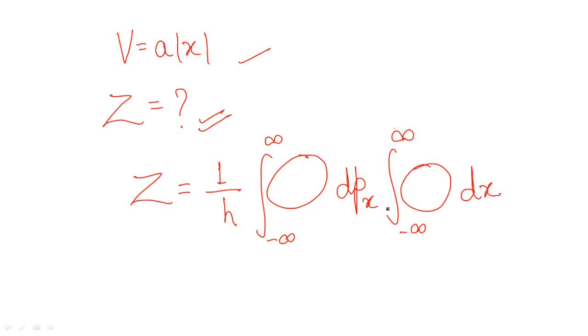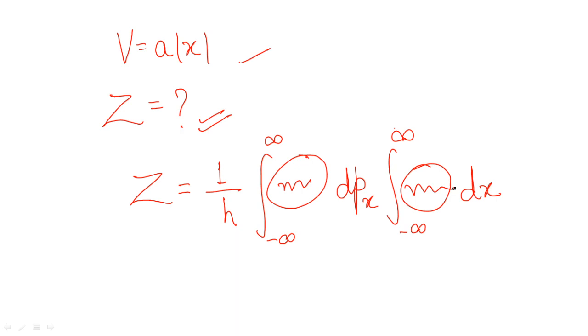And if there are going to be two variables, you will write the expression in exactly the same way. Instead of just writing dpx, you will write dpx and dpy both. Instead of writing just dx, you will write dx and dy both. Okay, that's what you need to do. But the point is, what will be that parameter which you have to write at this place? We will talk about it now.